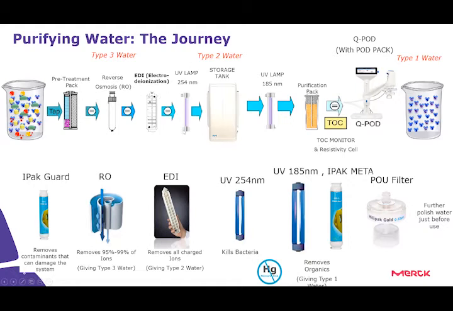After the EDI, we have the UV lamp at 254 nanometers, which kills bacteria while we store the water in safe conditions, and the one at 185 nanometers, which also removes organics. Then we have a final purification pack